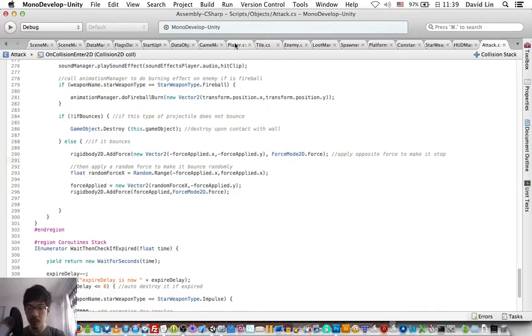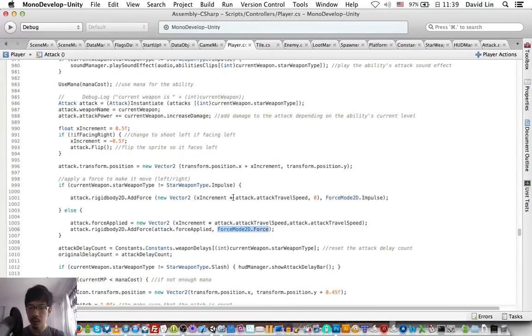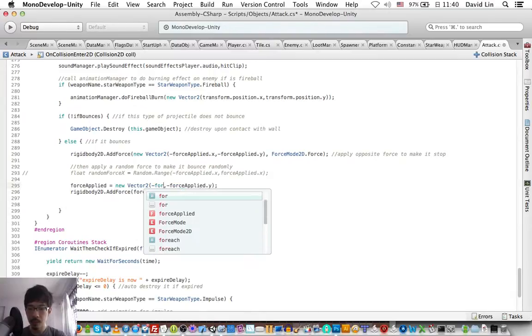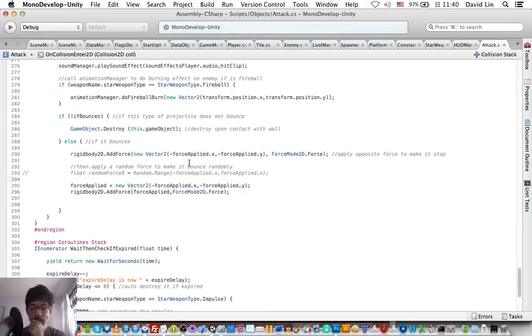Alright, so only the first time it curves, which means that we have to apply the same amount of force every time for the x-axis as well. If it hits a wall on the bottom,